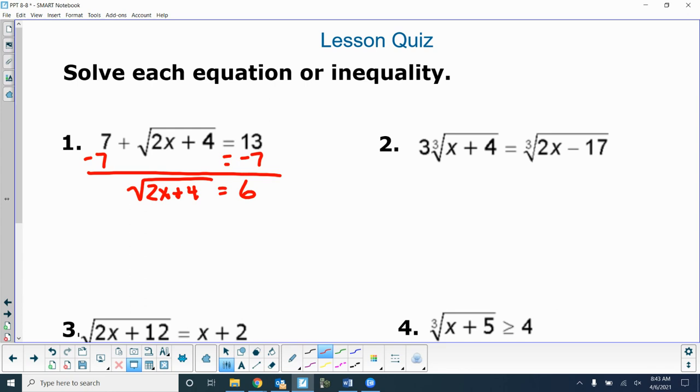Now, how do we get rid of that radical sign? Square both sides, right? Because it's a square root. Okay? Okay, Danny? Okay, Sammy? I think you did that part right. Which one you got to the inequalities you weren't sure. All right, so when I square both sides,